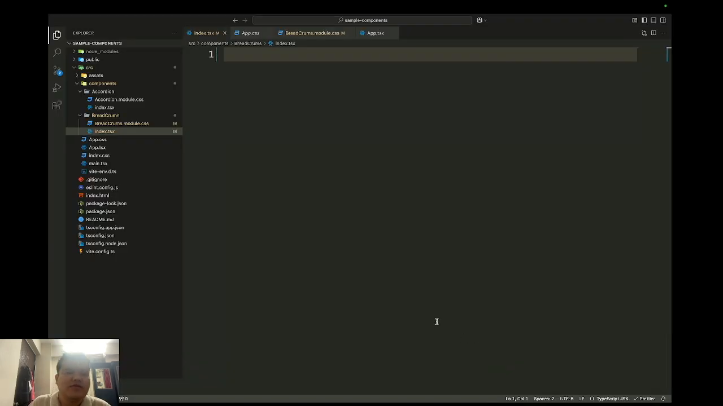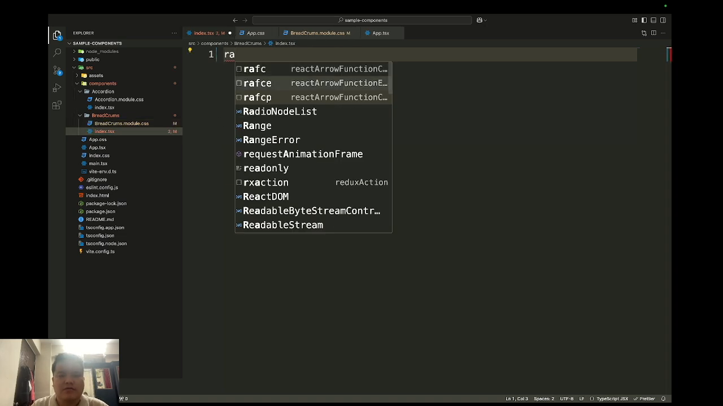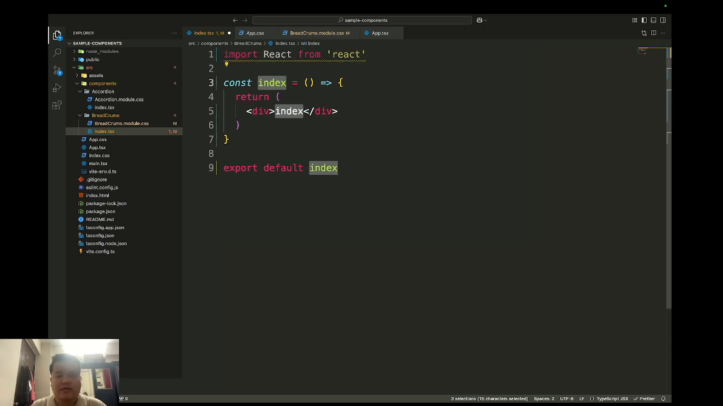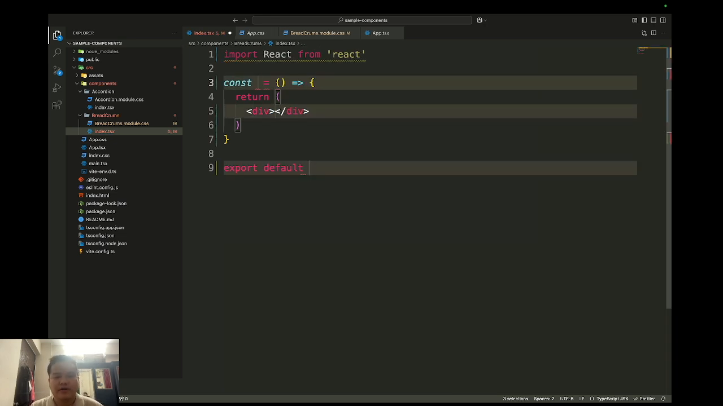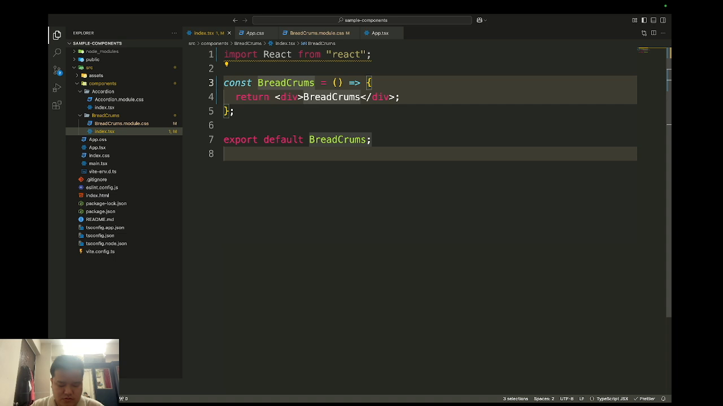So now let's start with the breadcrumbs component. Here I have created a breadcrumb folder, and there is breadcrumb modules.css and the index.css. So first of all, I would like to initiate that breadcrumbs component. Okay, breadcrumbs. This is okay, and now